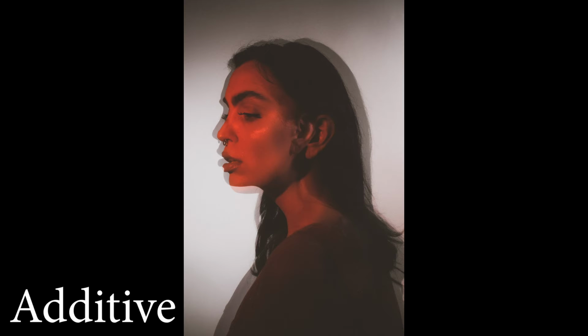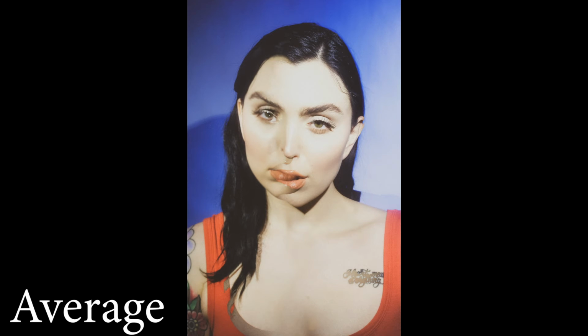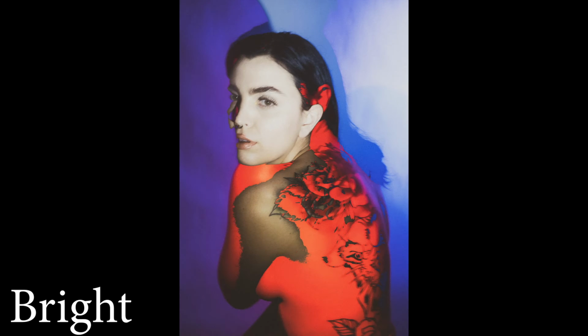Sometimes I had the flashlights with a gel on, that's why you see these funky colors in some of these images. My favorites were bright and dark. Bright was really useful for cutting out the areas that didn't overlap. I didn't get the ghost image, little extra stuff that I got when I shot with